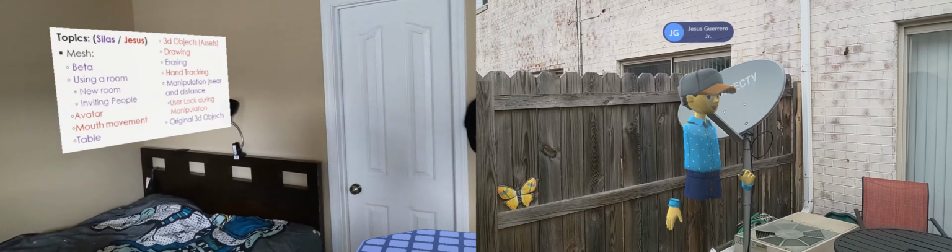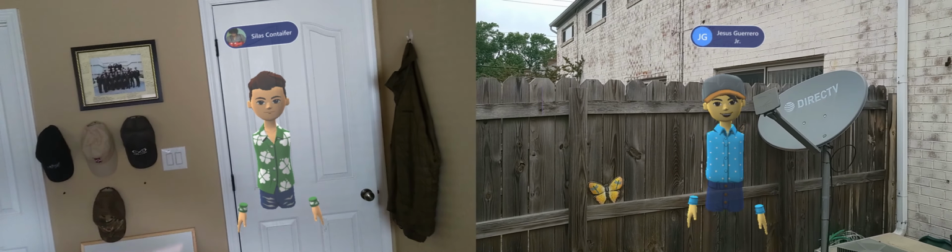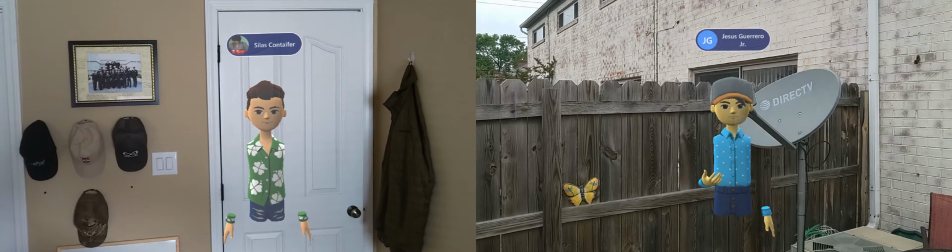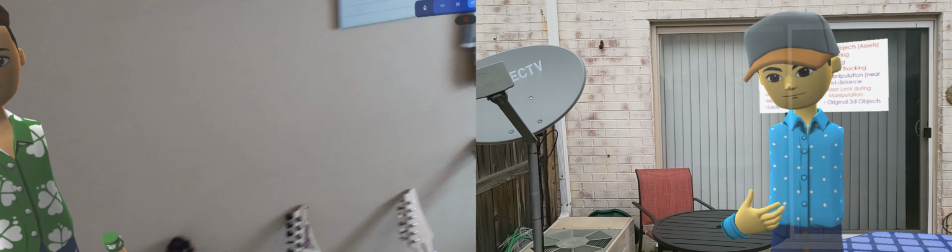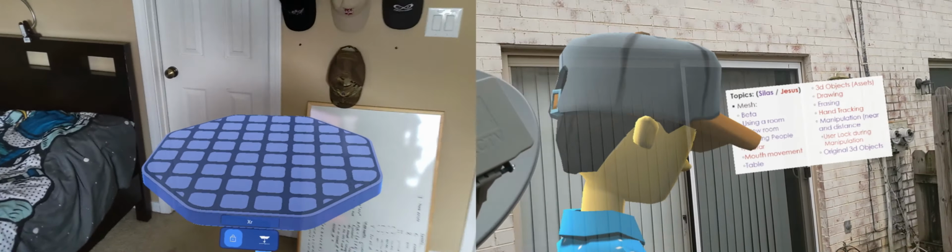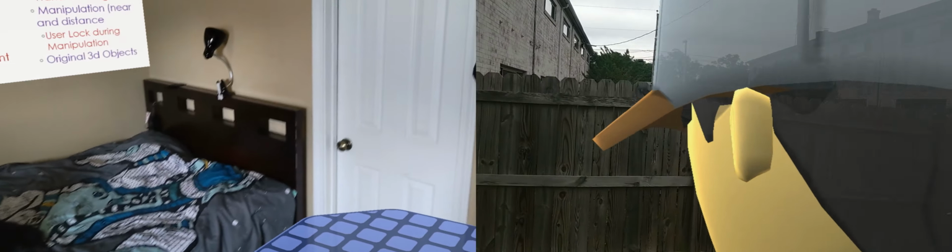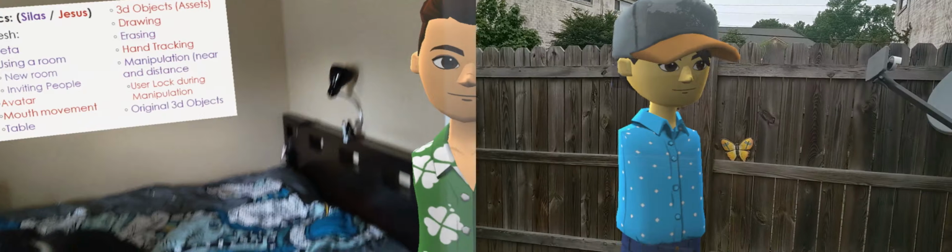Another little thing about the avatar is to more simulate in-person being. He can see my mouth move, and every time he speaks, I can see his. There's another thing where the helmet has speakers all the way around, so he can walk around me, or I can turn around and he can speak, and I should be able to hear where he's at in space, based off of where he's at for me. Exactly. So for me right now, as Jesus was coming close to me, the sound was louder, and I also have the detection for the ears. So this is really good to know where the person is.